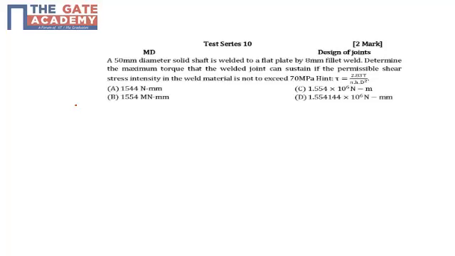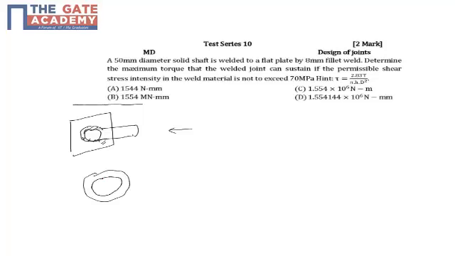Let's discuss a question from machine design. Basically what is given is a solid shaft welded to a flat plate. So you have a flat plate here, you have a solid shaft, and how do you weld it? You circumferentially weld it. In this front view, the weld will appear as a